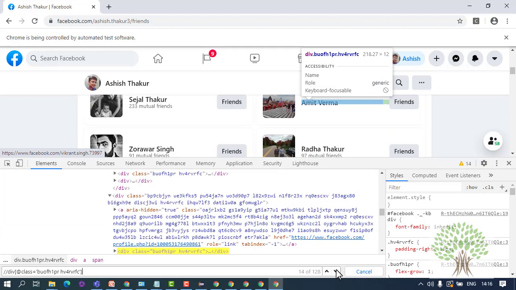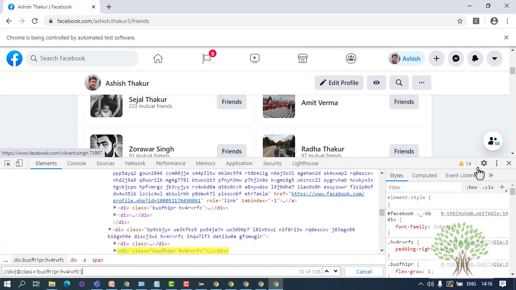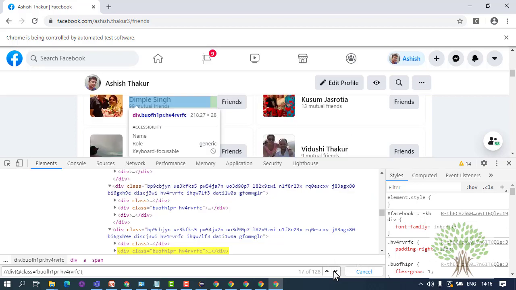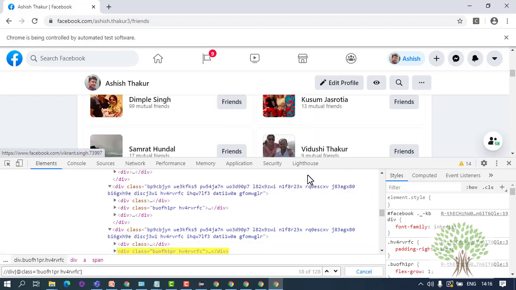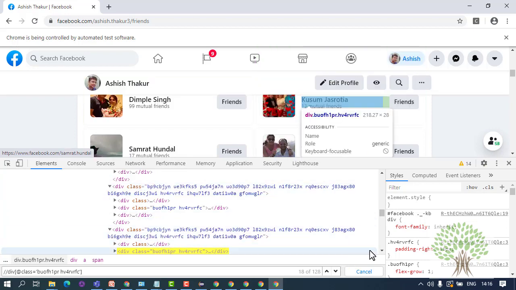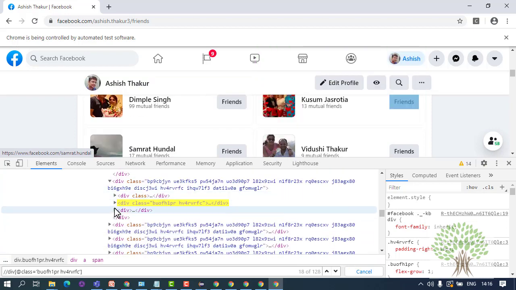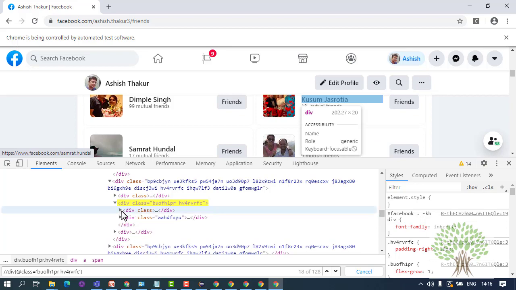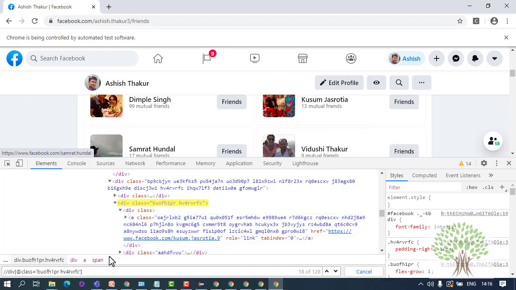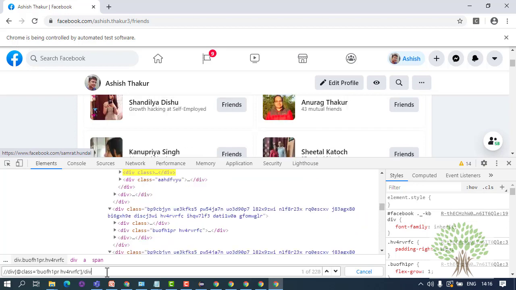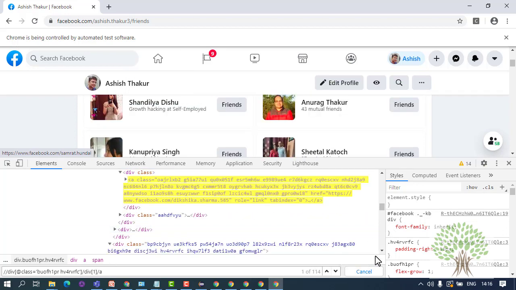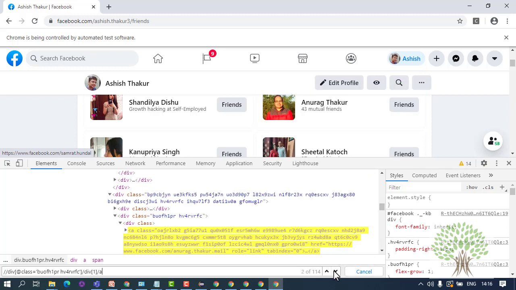Along with the name, I get the mutual friends or whatever it is, all the things. I don't want the mutual friend section. I just want the name. So basically inside this division, the name is present inside the first division in form of an anchor tag. So this XPath will only represent the name.